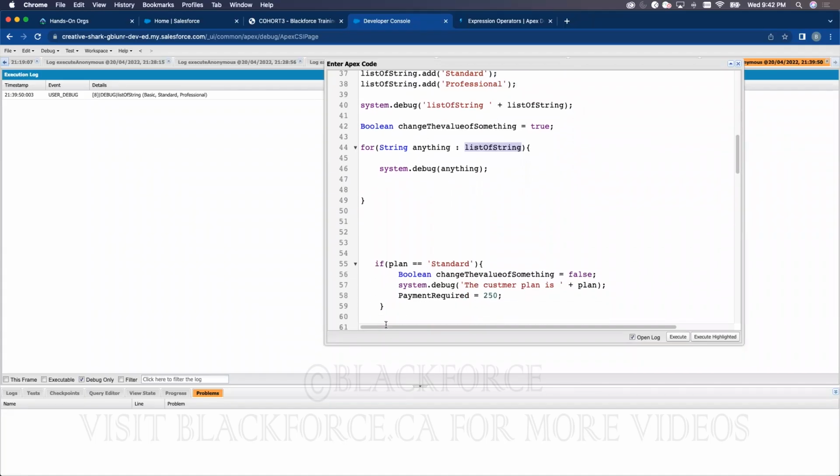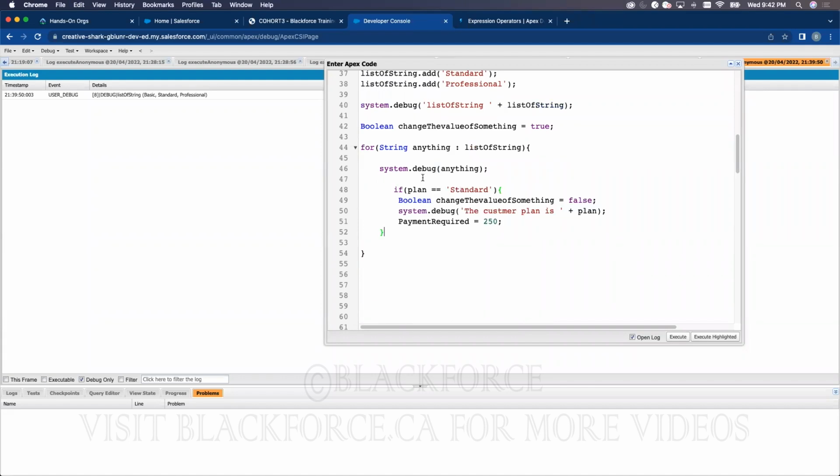What is the benefit of you finding it out? What is the benefit? Why are you doing it? You don't know what you're doing, right? You're just finding out what the plan is. But maybe they've asked you, if the plan is standard, make sure that the payment required is $250. If the plan is not standard, else if